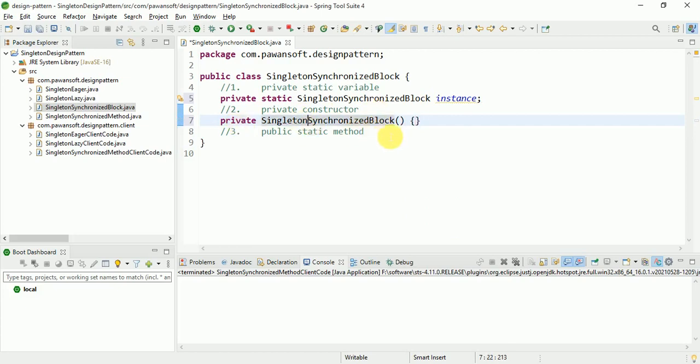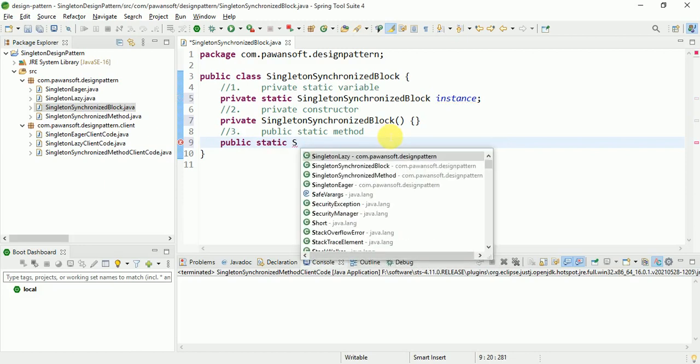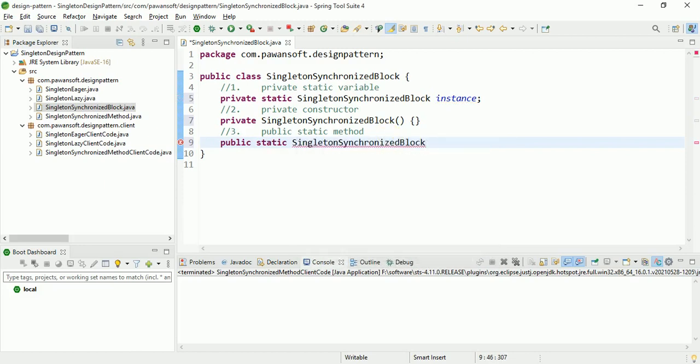And in the third step I write a public static method; the return type is the class type, and the method name is instance, right? And here you have to check,